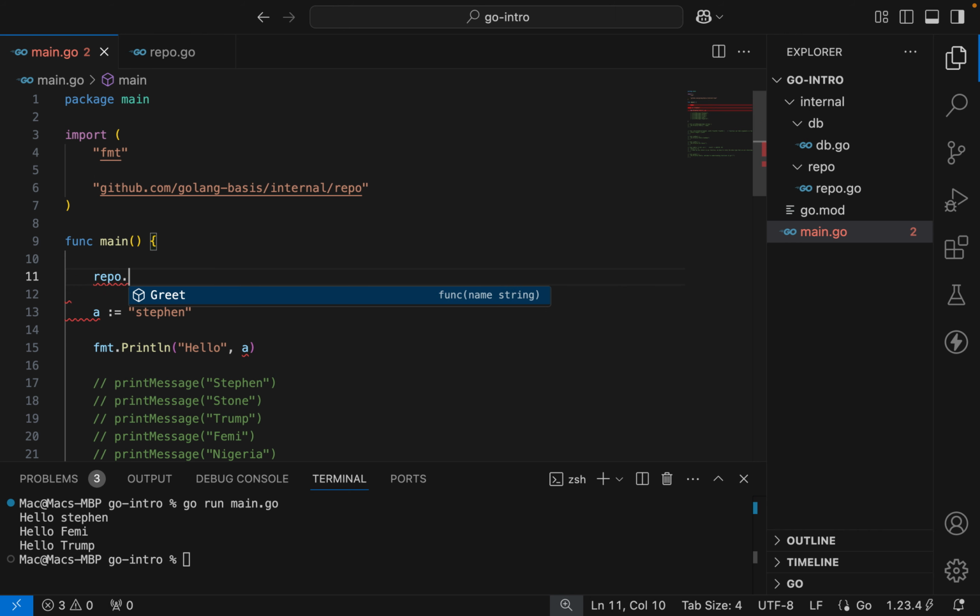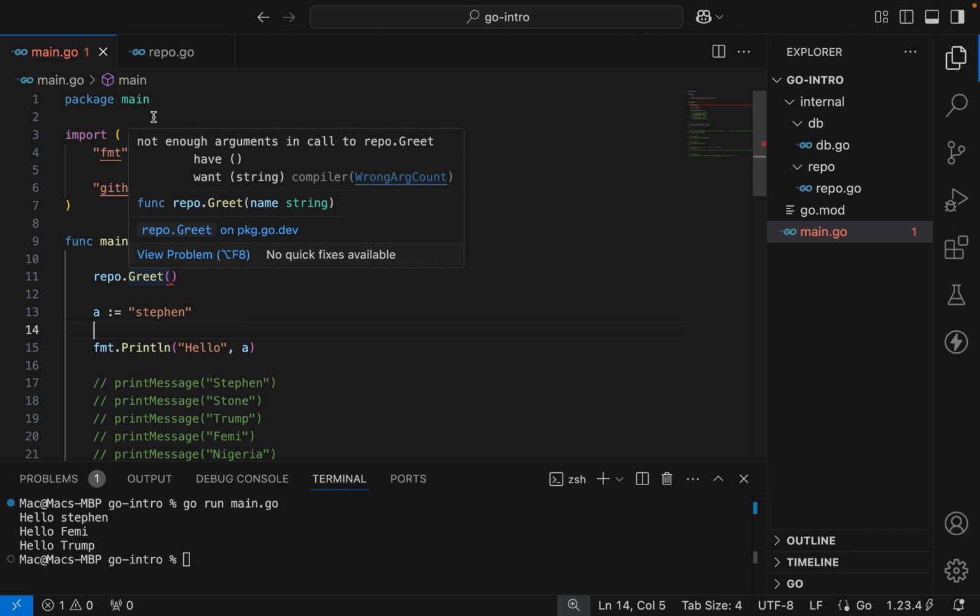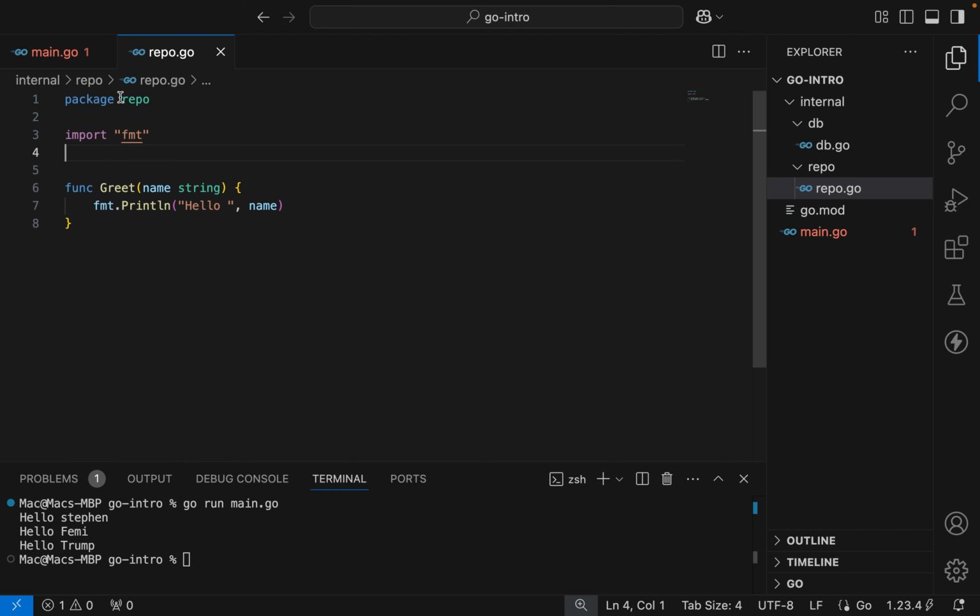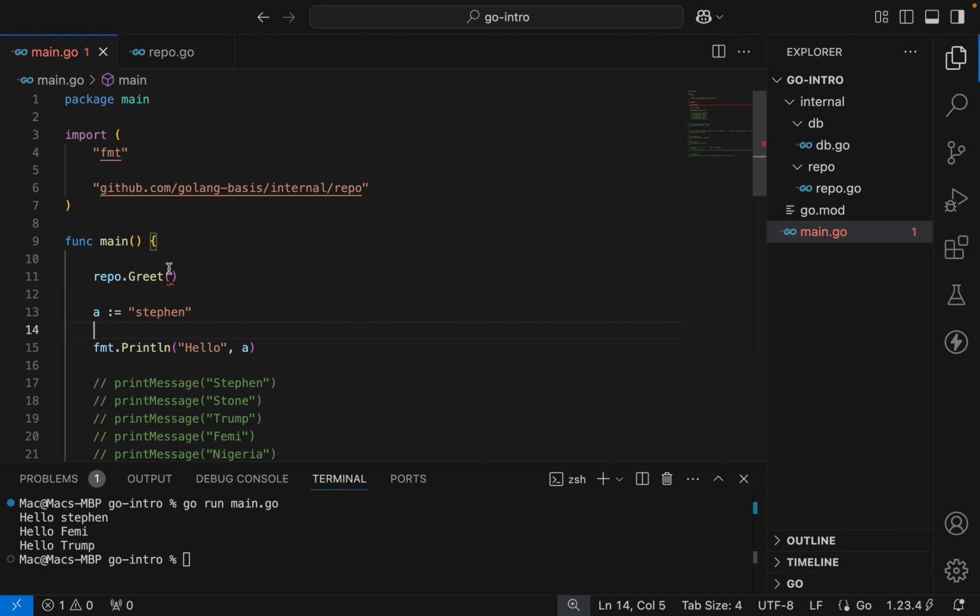You see repo.greet. Can you see? It automatically brings it out for me. It's expecting what? An argument. Whenever you want to invoke it, you pass in what we call parameters. So when you're invoking the function, whatever you pass inside the parentheses is a parameter. Okay, so we have to pass in a parameter of